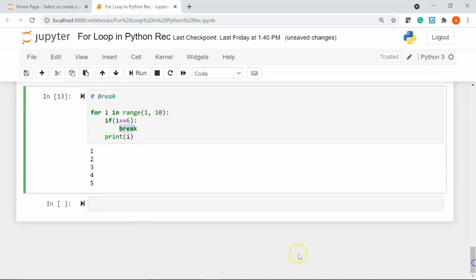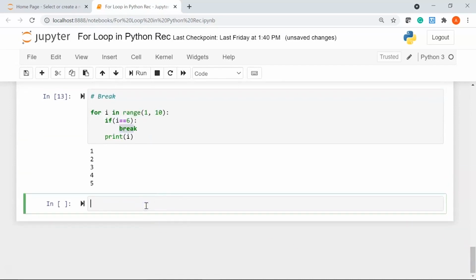Alright. Now you can also skip the execution of further statements in the for loop during that iteration using the continue statement in Python. So when a continue statement is executed, the for loop continues with the execution of the next element in the iterable. It does not complete all the statements in the for loop body.